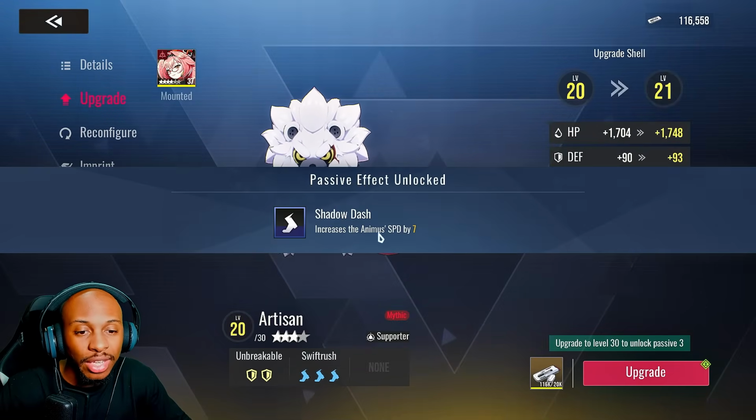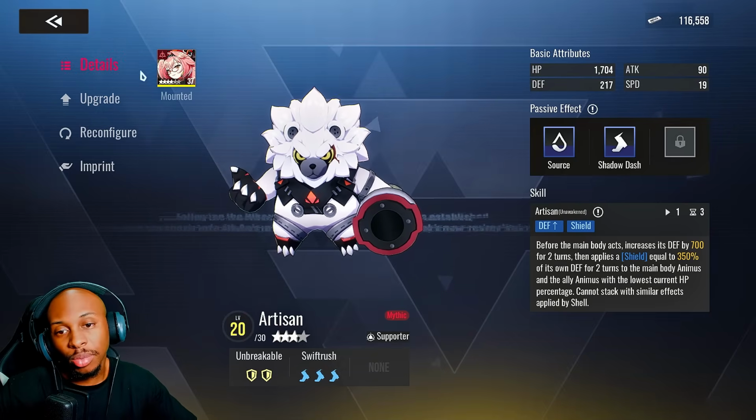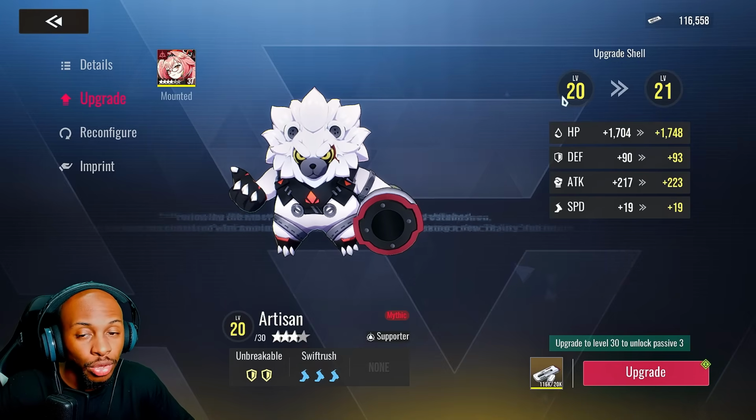Oh wow, we actually rolled the speed. We'll take it. And now we're going to start trying to push the levels on this. Again, we're only doing this for one Artisan. We don't have to go crazy with trying to do more than one. We already did one DPS shell for Mythics. We're going to do one